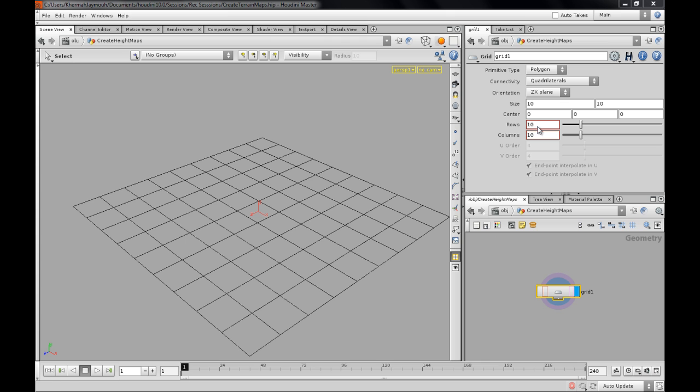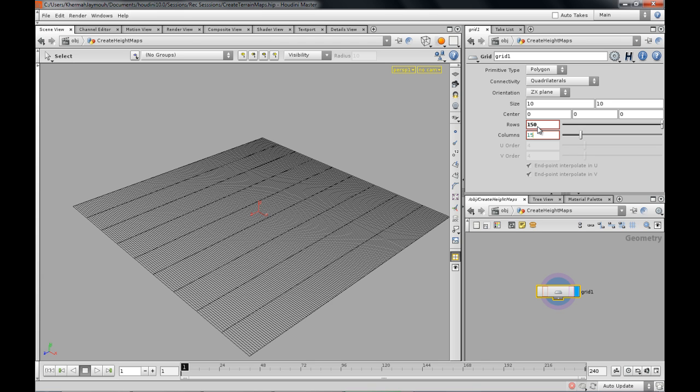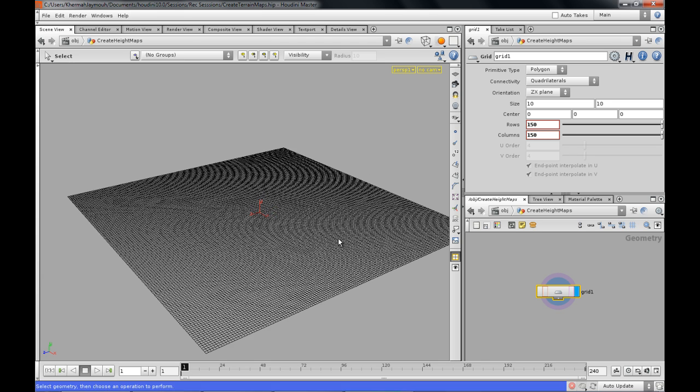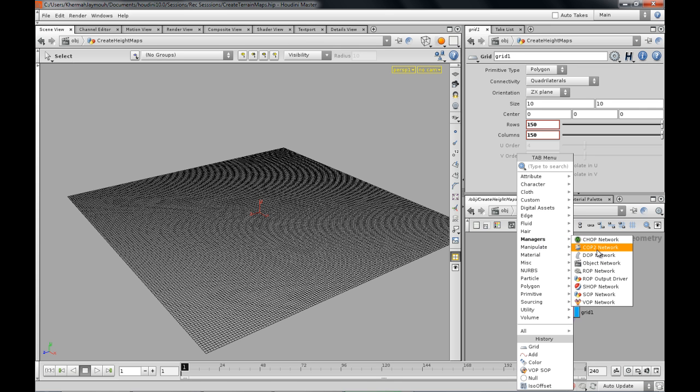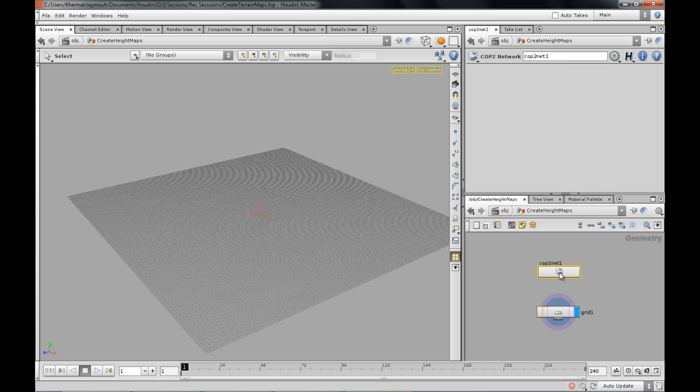Okay, so first things first, I'm actually going to make my mesh 150 in resolution, and first thing I'm gonna drop, we're gonna kind of implement this in a few ways. So I'm gonna drop in a COP2 network, which is the compositing network in Houdini. Name it